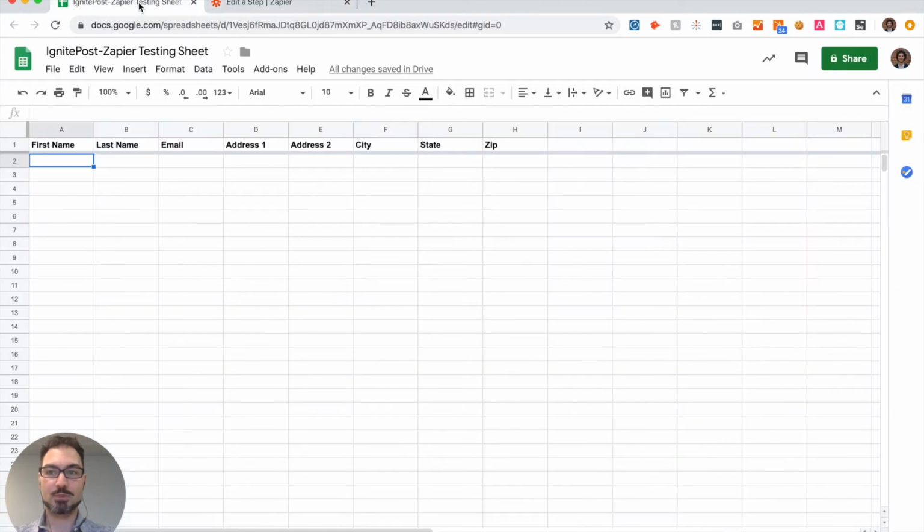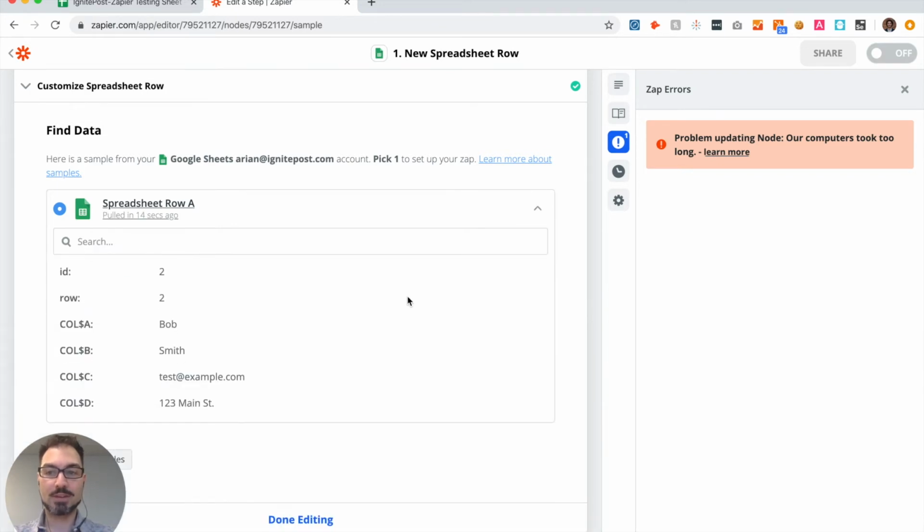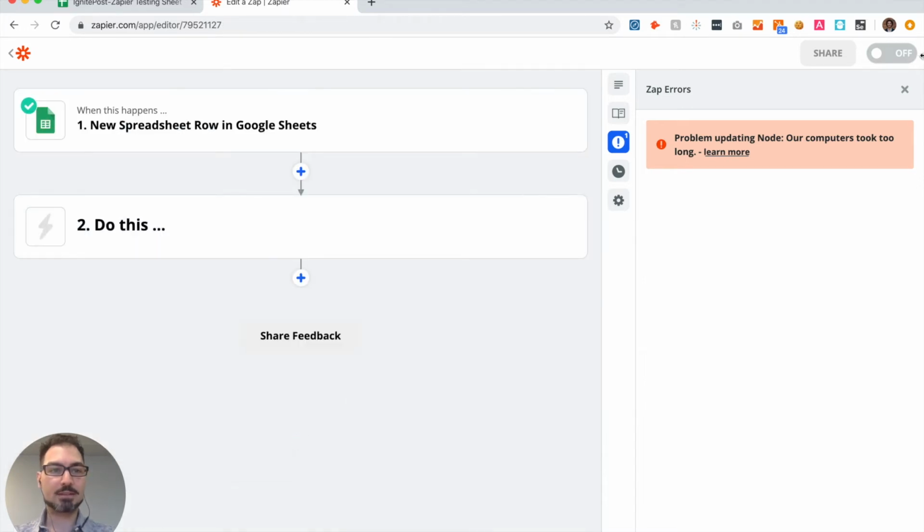So what we'll do is we'll go and we'll add some information. Bob Smith, test at example.com, 123 Main Street, part 2. Perfect. So now we have a row for Zapier to actually find. Let's see what it found. So lo and behold, it found my test row. Great. So now that we know that that's working, let's hit Done Editing, and we'll get rid of the Zap